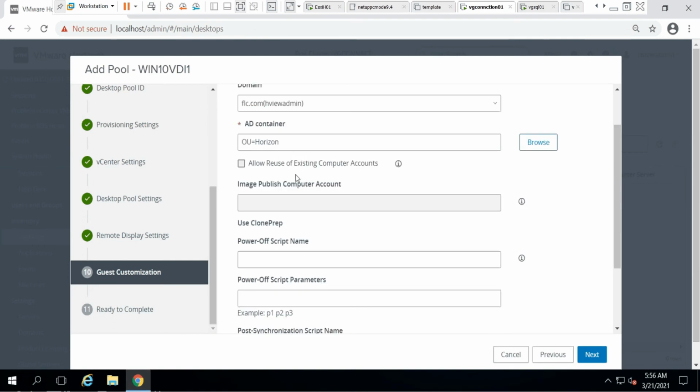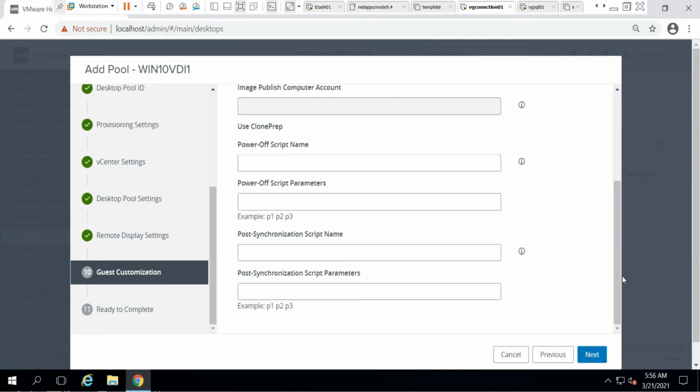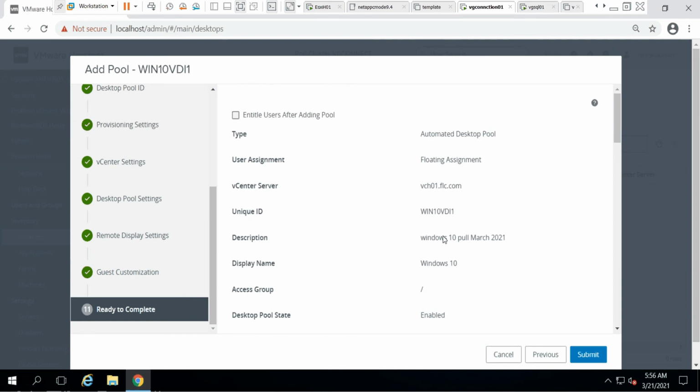And this is all about using an existing computer account, all of which we leave as it is. ClonePrep is not required, and if you have any scripts to be run when the user logs in, you need to give the script path, script name, parameters, everything. We are not doing anything here. We'll go for the defaults, click next.